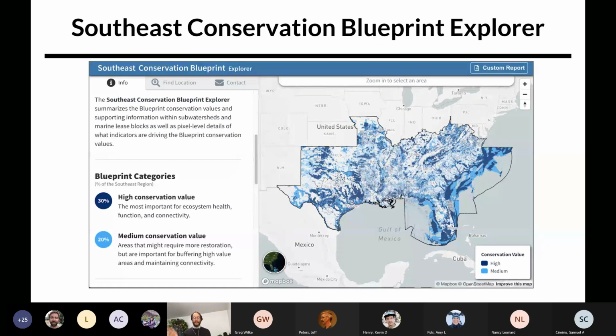We're currently building out a similar application on the same approach for a conservation blueprint that spans the entire Southeast and planning to release it in the next few months. This Southeast-wide blueprint brings together much more data from across the region, splices together several regional or sub-regional level blueprints and conservation priorities, which makes it even more important to allow people to easily drill down into what's driving the priority for a given location.